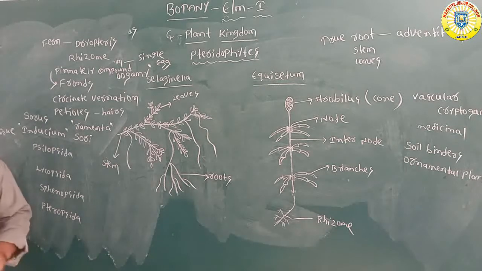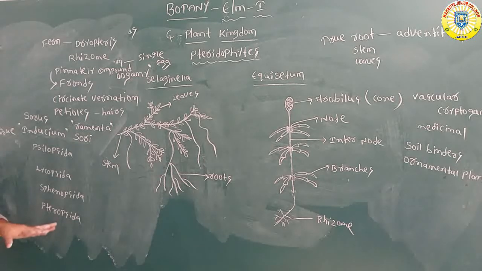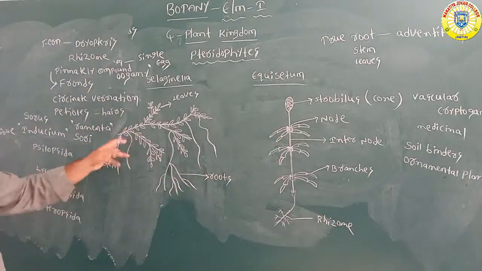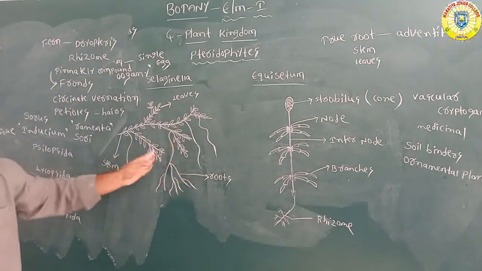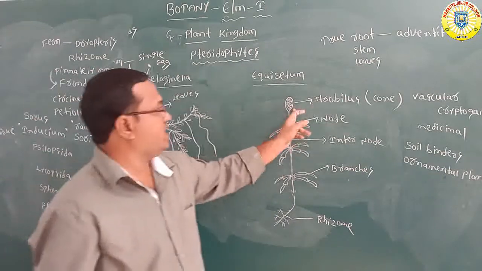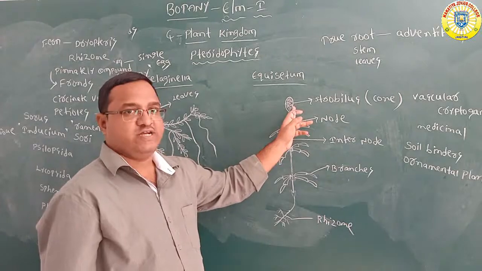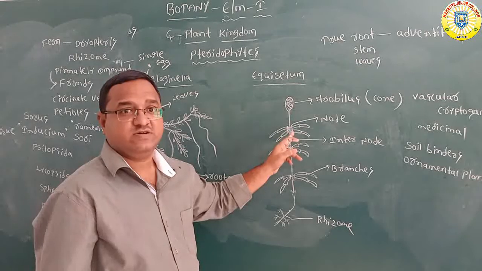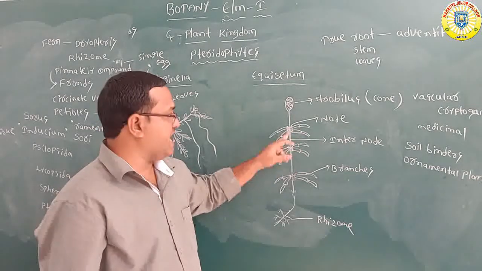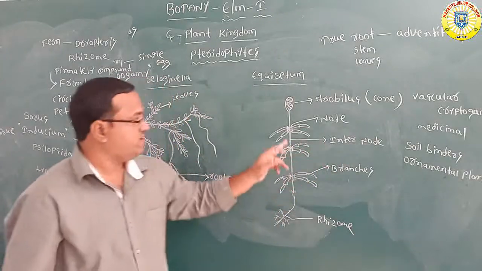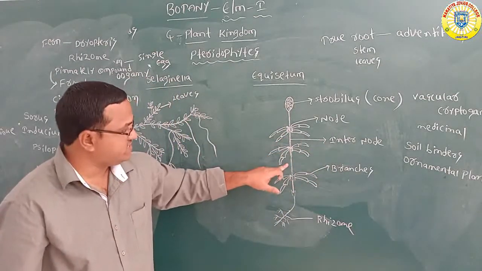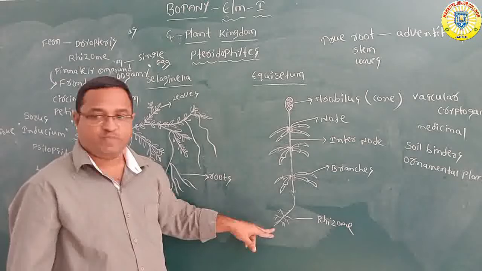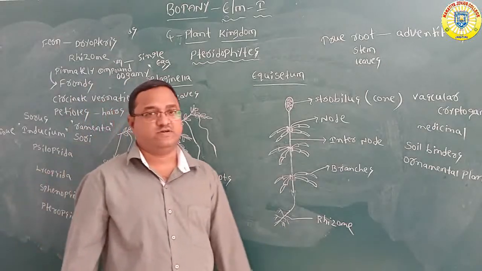Okay, these are the characteristic features of the pteridophytes. You can see this is the diagram of Selaginella. This is Equisetum. You can see leaves, stem and roots, which are adventitious roots. In Equisetum we can see a cone, also called a strobilus. A node is where the leaves are arranged, and the gap between one node and another is called an internode. The stem is an underground rhizome. So this is Equisetum.